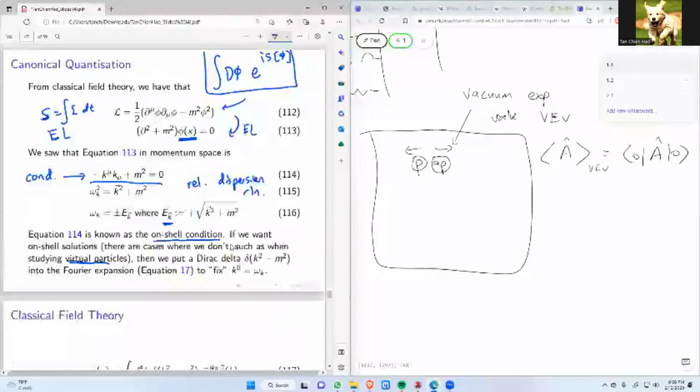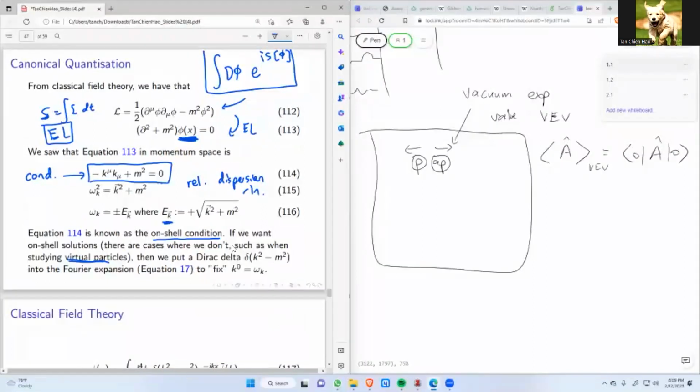Okay, so this is known as the on-shell condition. Now, at least in classical field theory where there are no quantum fluctuations, this condition must hold true. Fields that exist physically must satisfy this condition. If not, they wouldn't satisfy the Euler-Lagrange equation. So essentially, in order to enforce this condition, we put a Dirac delta in